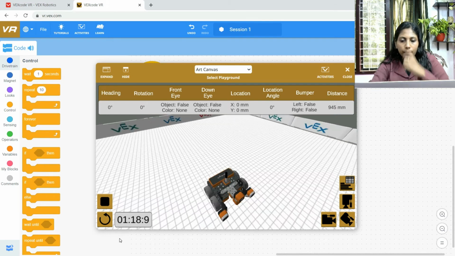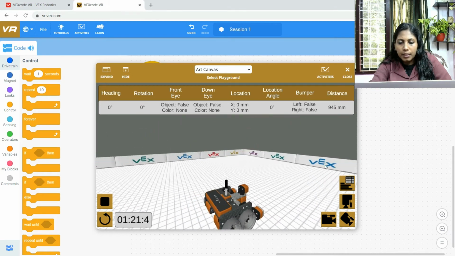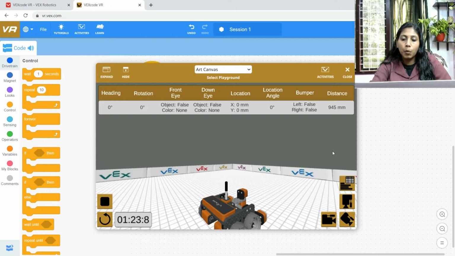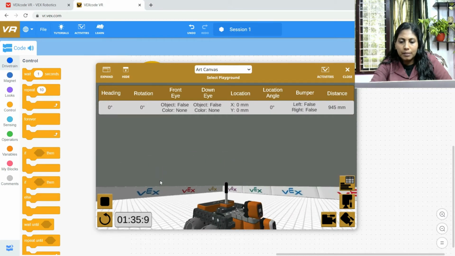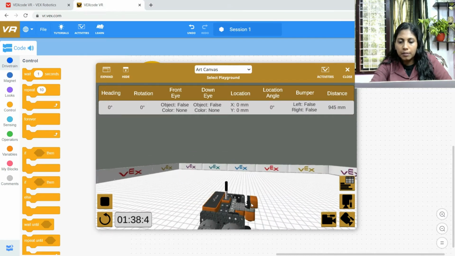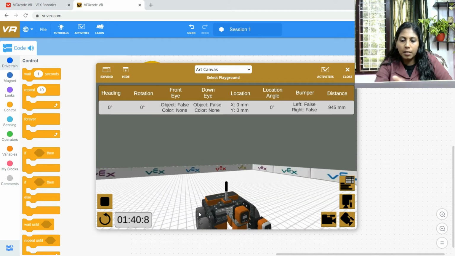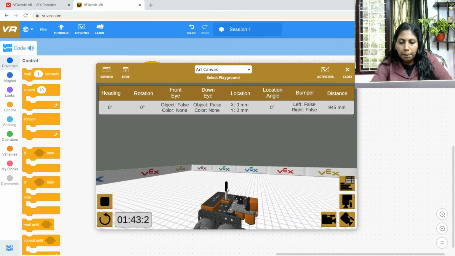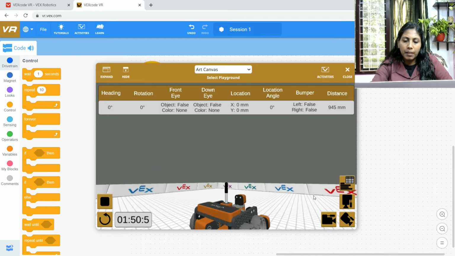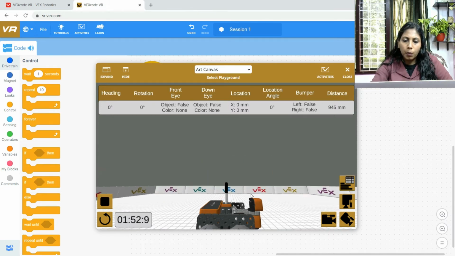You can see there are 4 wheels. It's looking like the Mars rover. It's a robot on wheels, not an actual humanoid robot. It's called a rover, and that's the actual name for this kind of robot. Here you'll see some sensors are already organized, attached on the front side and even at the bottom side. You can see there is a pen here. This pen is for when the robot wants to draw something, and there are even options to change the pen color. So this is the overview of the robot.